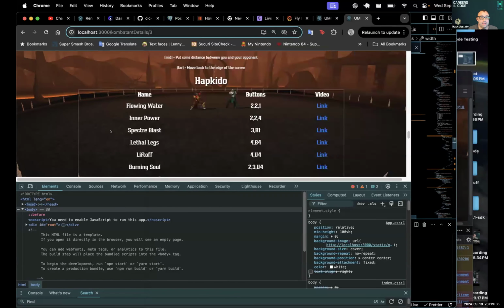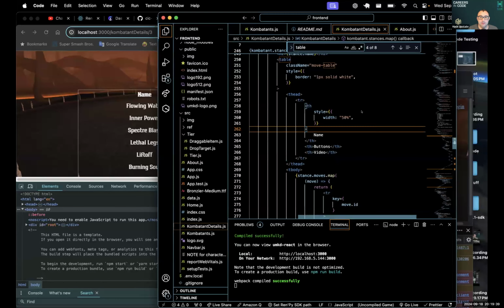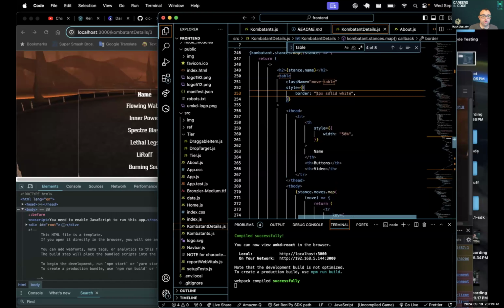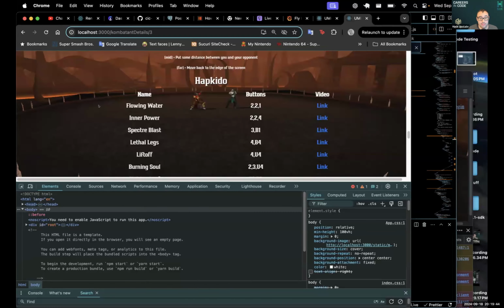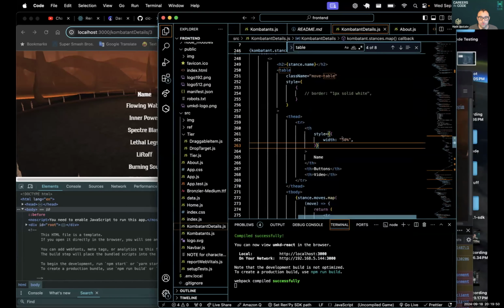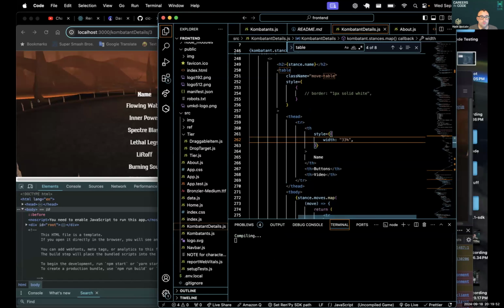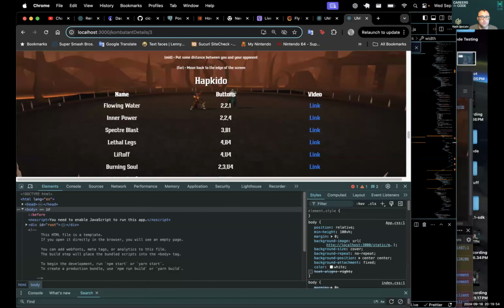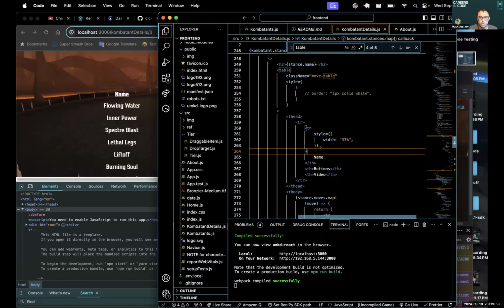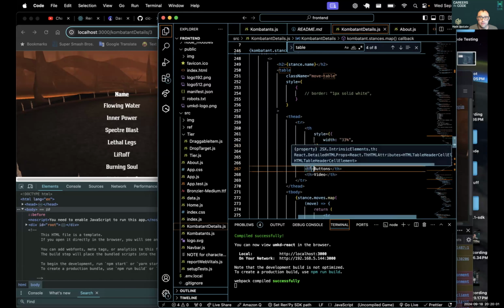And I think that will balance it out a little bit better. And then we can take the border off, unless you like it, and then you can always add it back on. And that is still not centered. So what if I do... better? What if we apply equal width to all three of these?